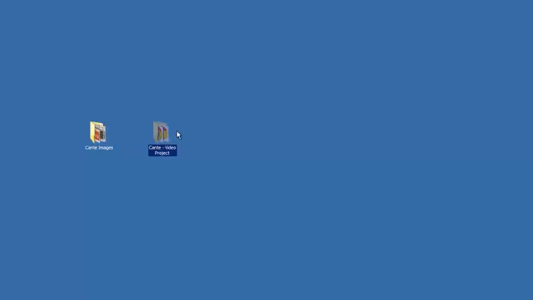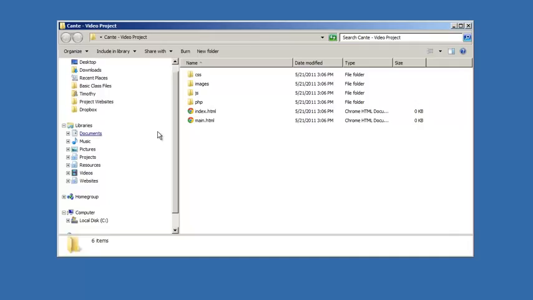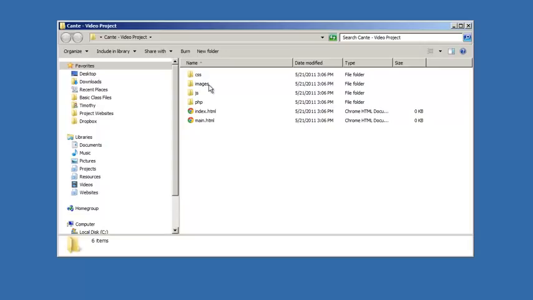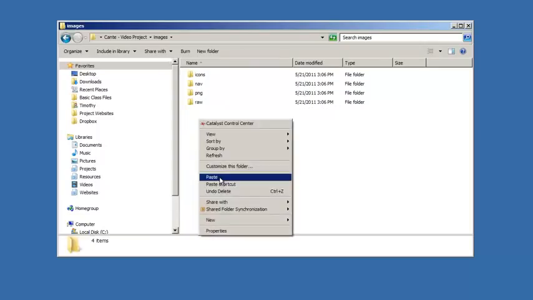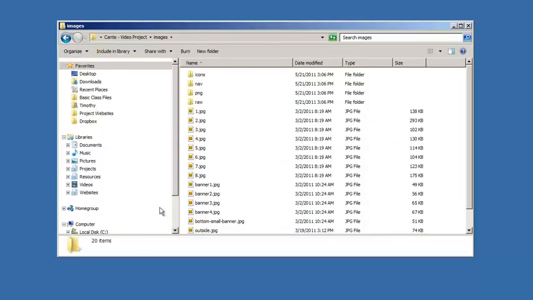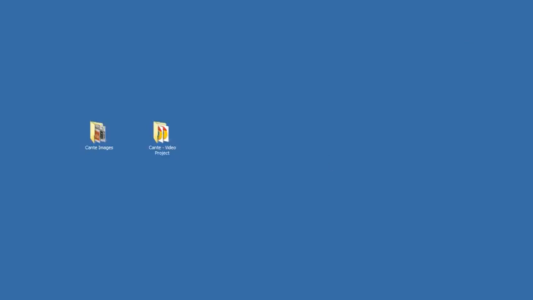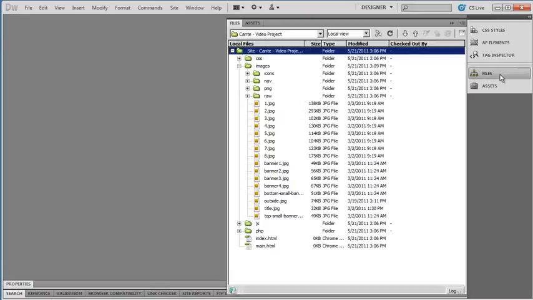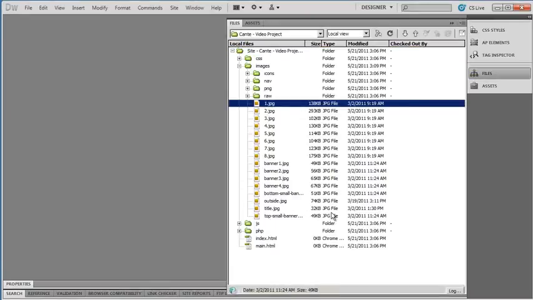And there is my project folder. So I'm going to open that on up, and I'm going to go into my images folder. I'm going to right click and select paste. And when I select paste, all those images will go in there. So now I'm going to close that and bring Dreamweaver back up. And you should see that when I open my files panel up, there are all those images ready to be